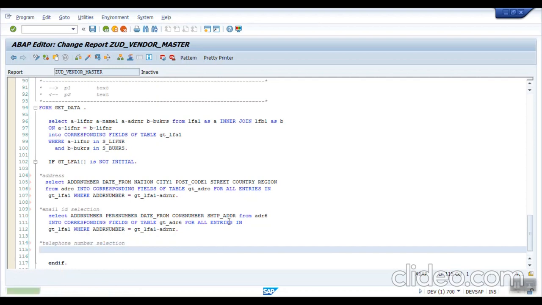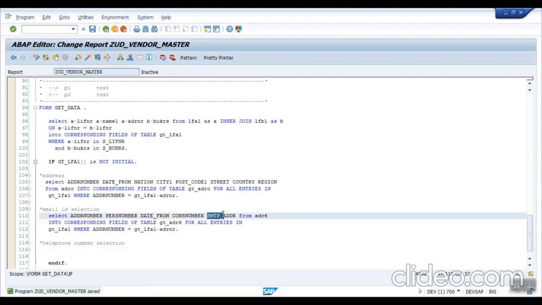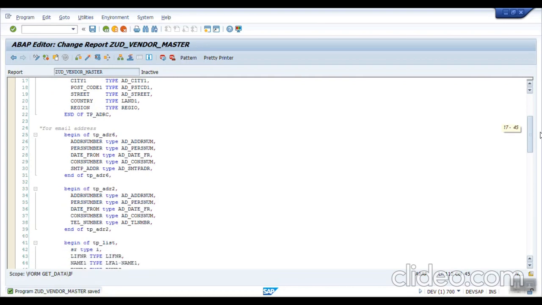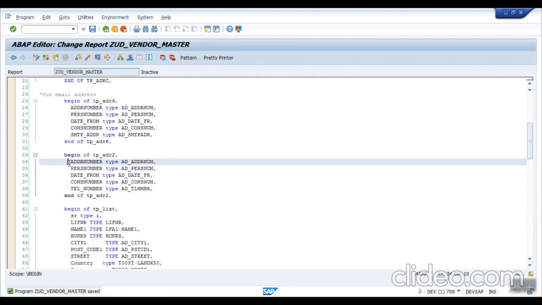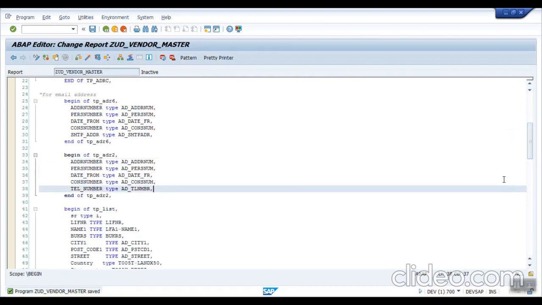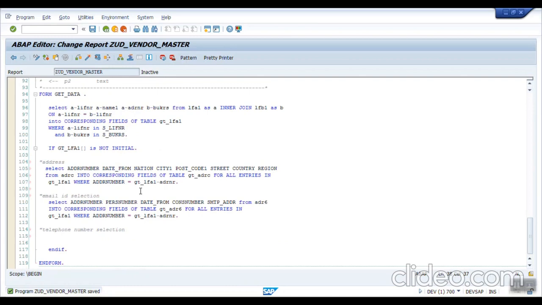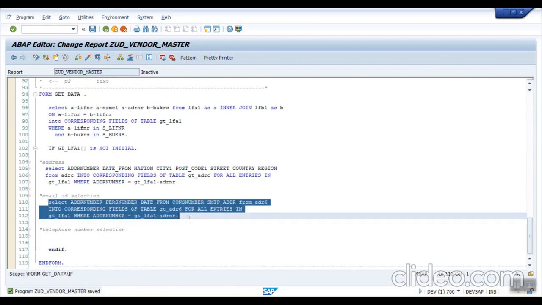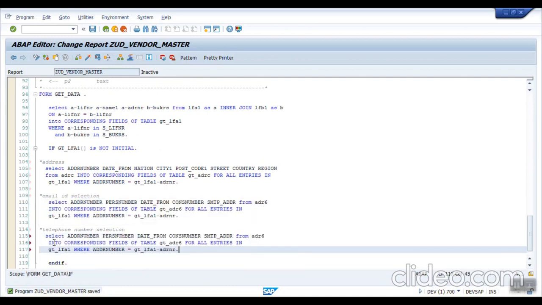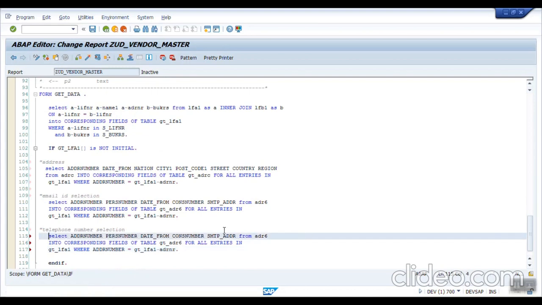Okay, for the telephone number we have same field, only this field is changed, and the table is ADR2. If you see here, all the first four fields are same, only this tel_number is different, so we can copy the same query as it is and just replace the table name. Why using table? Because I want select multiple IDs. Otherwise we could go with a single select join.